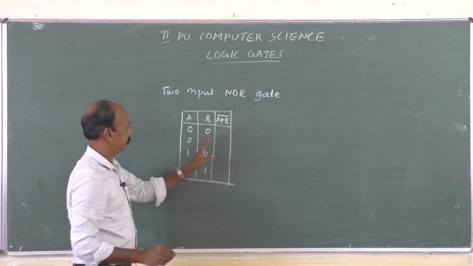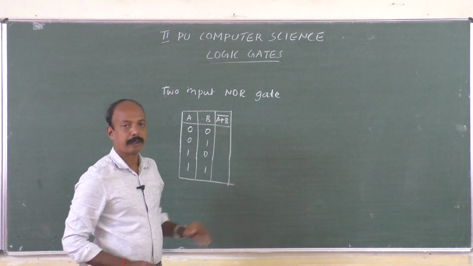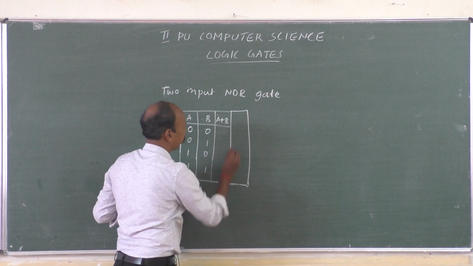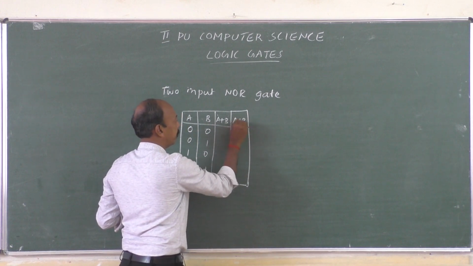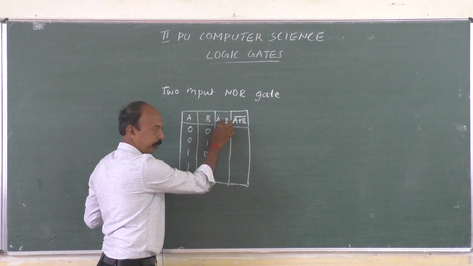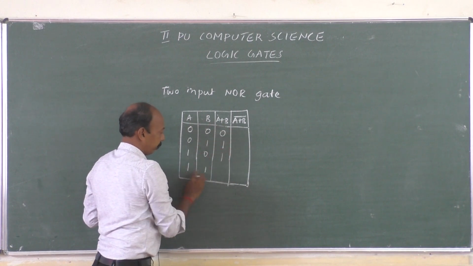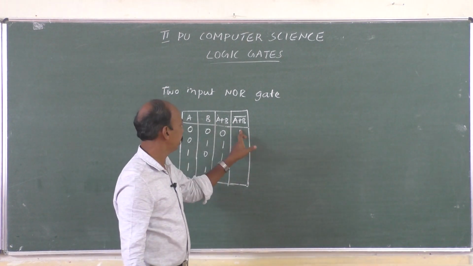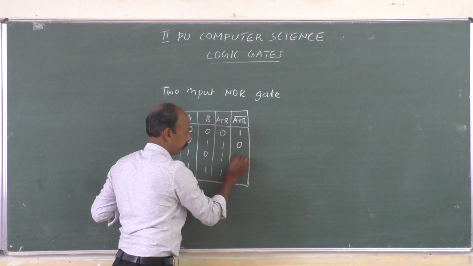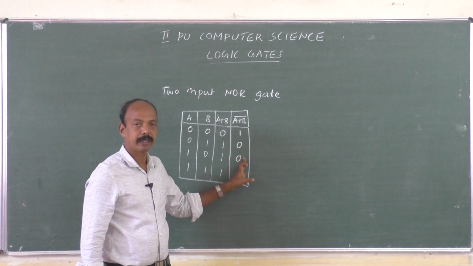If we find it difficult to write this value directly, we shall write A plus B, and then we can write A plus B whole bar. Okay, let us write that for the time being. This will be A plus B and this will be A plus B bar. We know that 0 plus 0 will be 0. With respect to the OR gate, 0 1 will be 1, 1 0 will be 1, 1 1 will be 1. What about this? This is the complement of this one. So for this one it will be 1 0 0 0. Complement of this column will be this one.